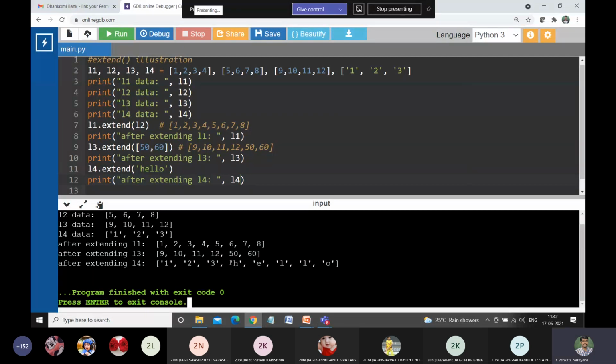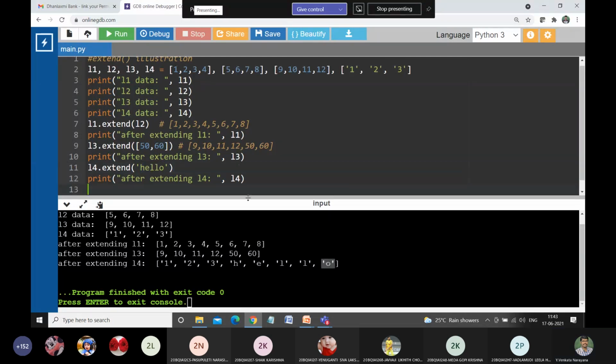See here, hello, each and every character is a single element. The string which I have taken, each and every item is a single value, that is, the individual characters. Is this clear?